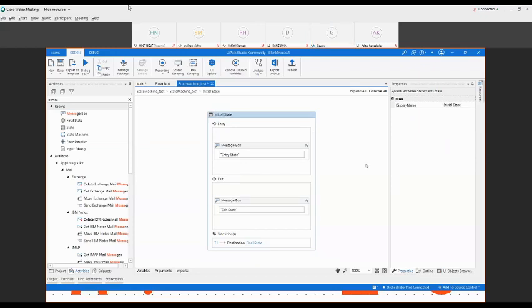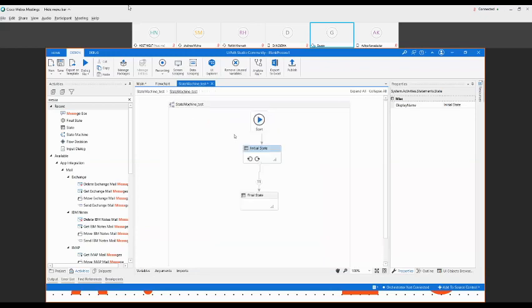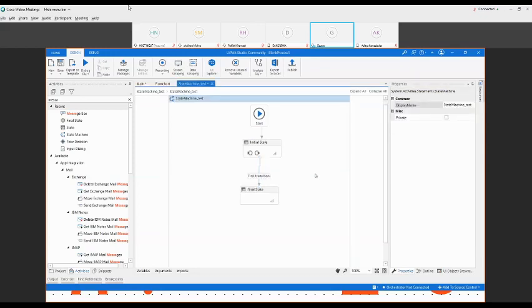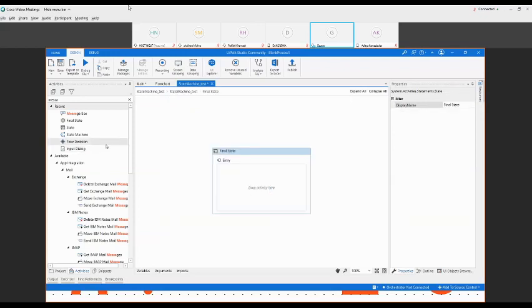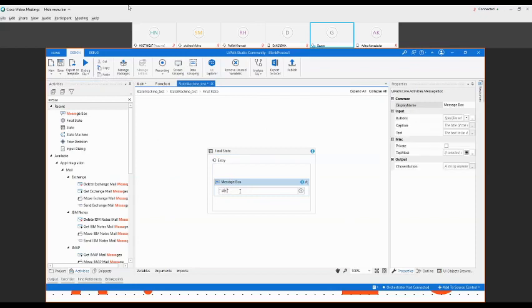Initial state. Okay, so you will see a transition is automatically shown to you. Your transition name is T1, destination is the final state. We have shown it here: initial state, final state, transition. If you want to change the name of the transition, you can change it here. First transition, whatever name, according to your program, you can mention it. In the final state, you can see there is only one box. I can again use a message box to print it here: we are in the final state.